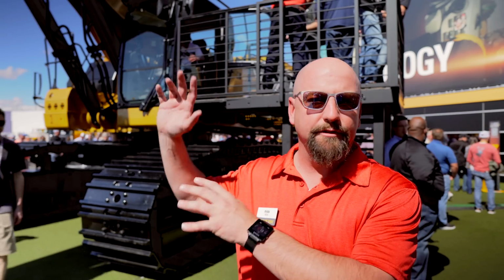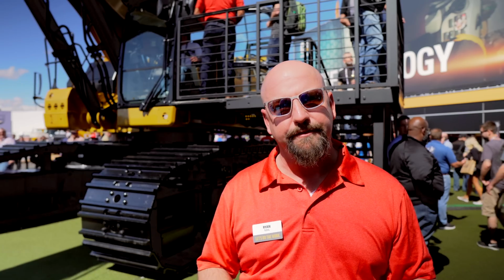Yes, it has gotten heavier in weight. We've got a 34,000-pound counterweight on it. We've got more steel in the front structures for 2 times more durable, more steel in the frame to handle those really, really tough conditions where they're scaling walls all day long and they're really resonating through the machine. So we've added a lot more steel to the machine to help out with the long-term longevity of the machine